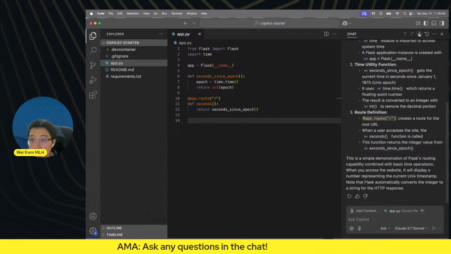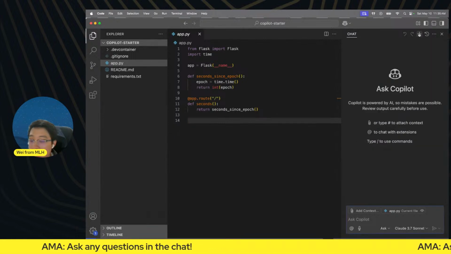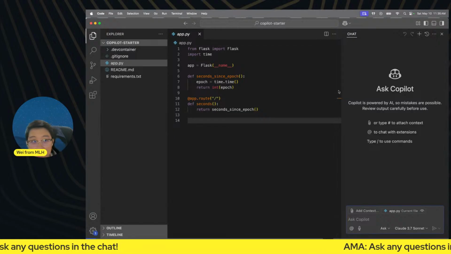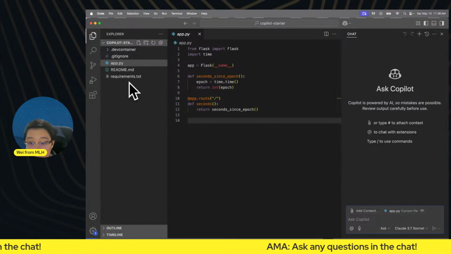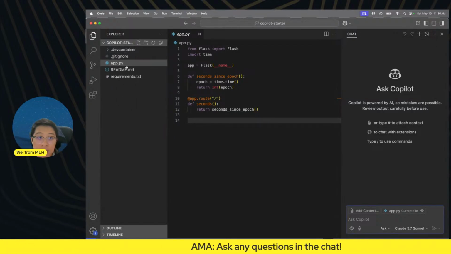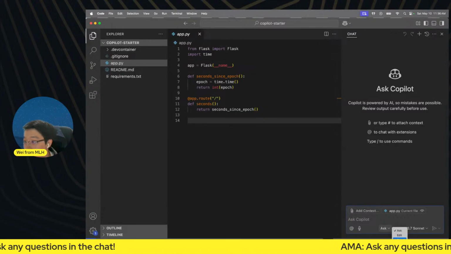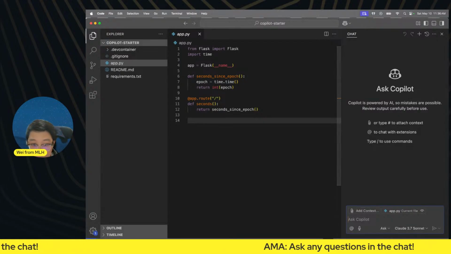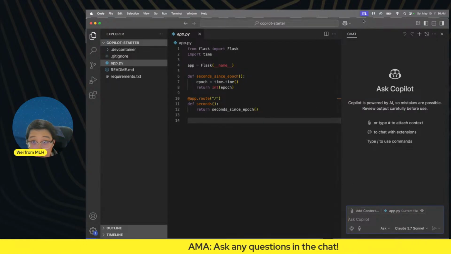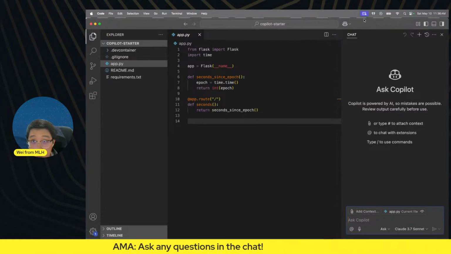But what if I tell you we can have Copilot do it for us? This is a brand new repository I cloned locally. I haven't touched anything. I'm going to change Copilot into agent mode. Let me scroll up a little bit so you can see the bottom of my window here.